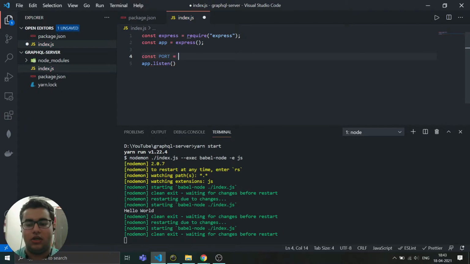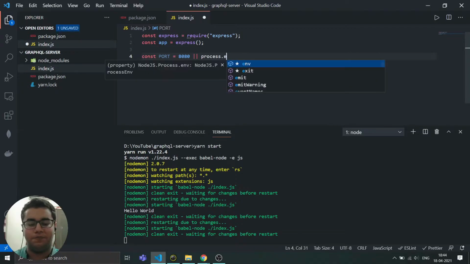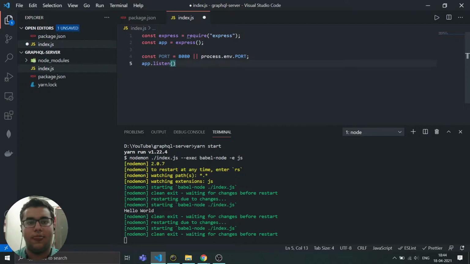Port is equal to, for now we will be keeping it as 8080, or it can take it from the environment variables. If we are deploying it anywhere, it will be taking it from the environment variables. So it is 8080. If the environment variables are present, then it will take from env.port, otherwise it will be 8080.